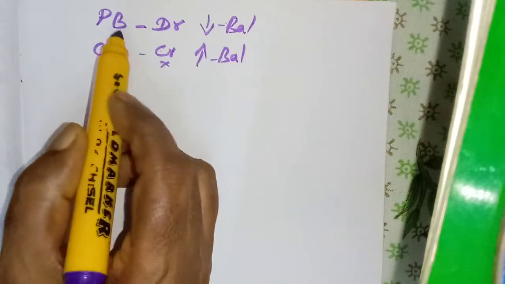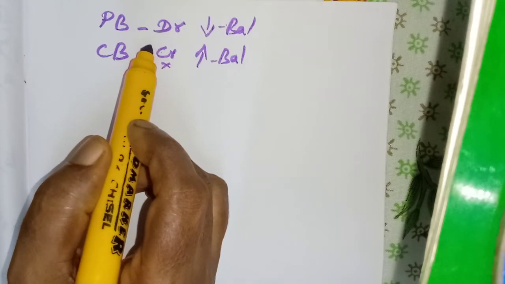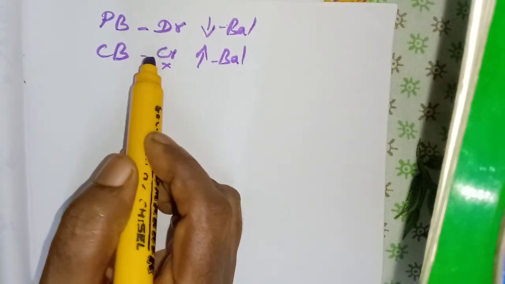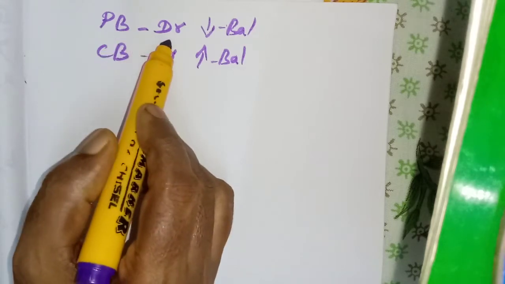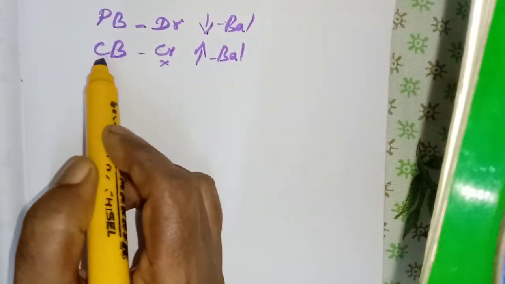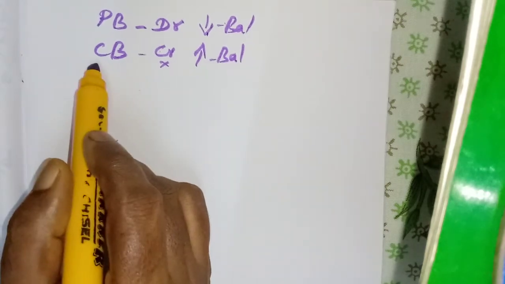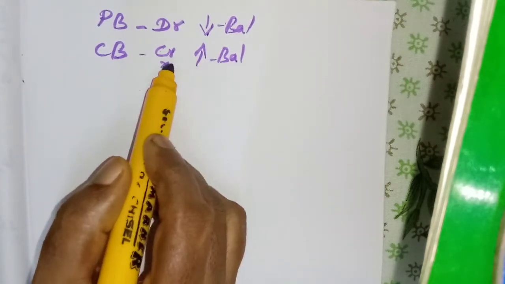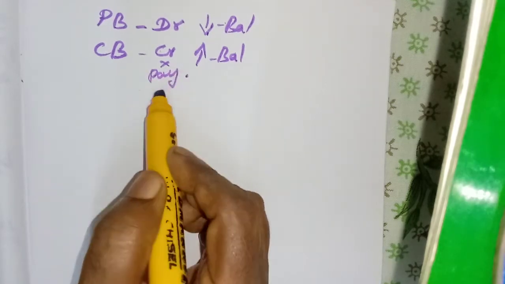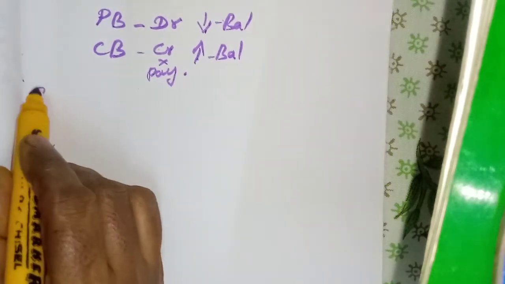So if any expenses are paid by the bank directly to others, the bank passbook will be debited, so it will show less balance. But in the cash book, we have not made any entry, because only once we receive the bank statement can we enter. So we have not entered the payment, this credit, so it will show more balance. Now the 7th one we have completed. The 8th one.